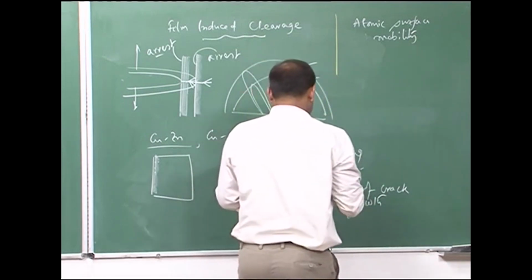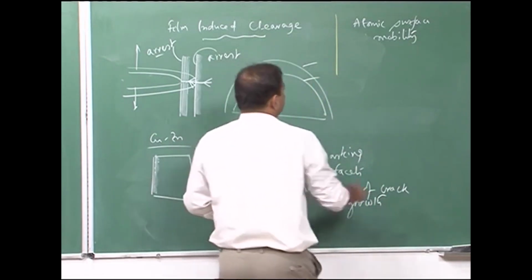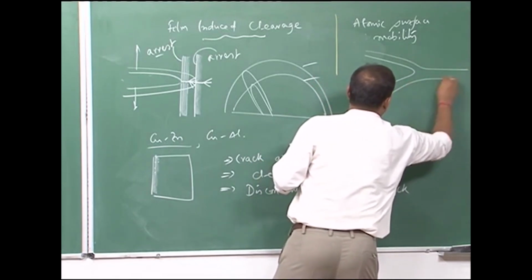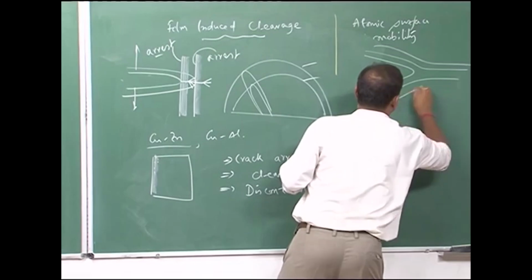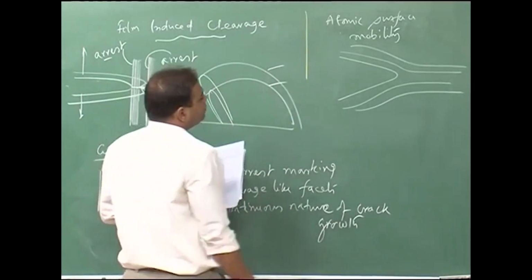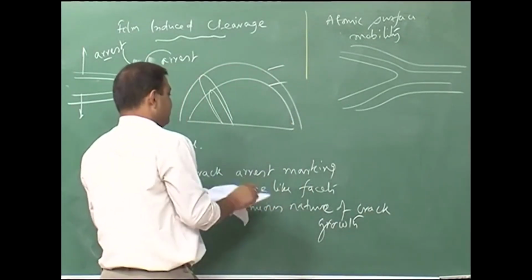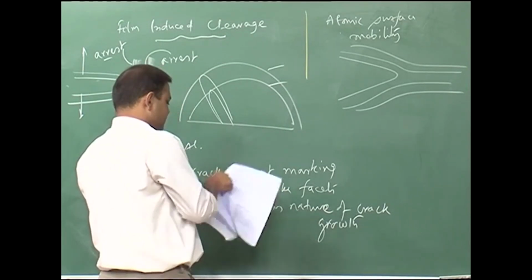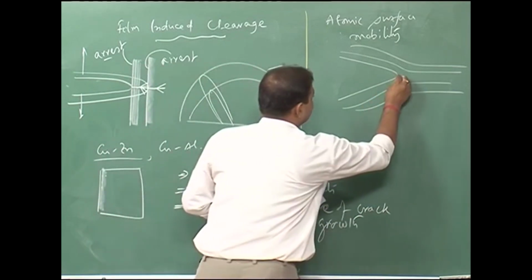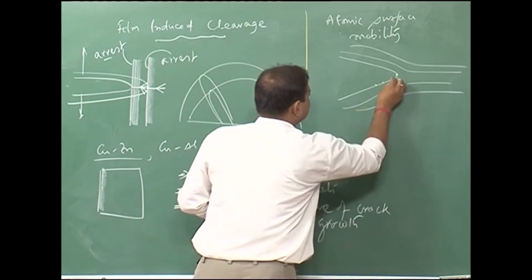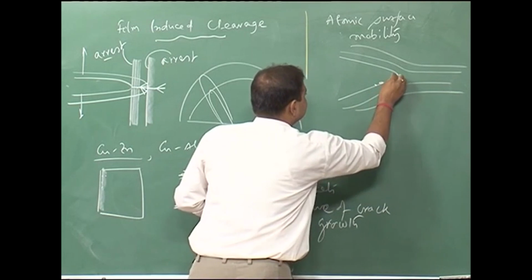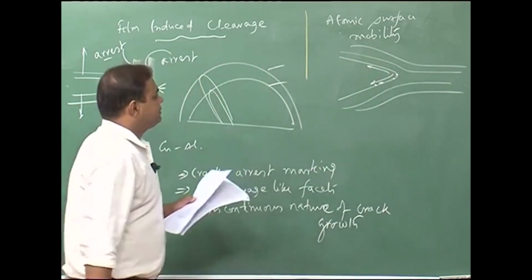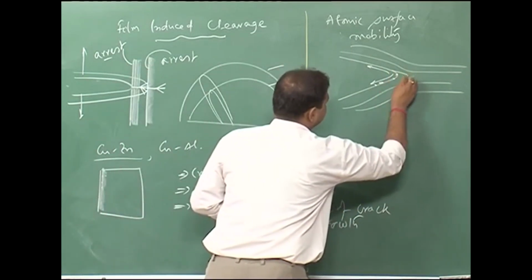Atomic surface mobility, here we have, let us say this is the crack and these are all the atomic planes, and now there could be surface diffusion of atoms, from there these are the atoms, this surface diffusion of these atoms can diffuse away from this crack tip and the crack can grow inside,